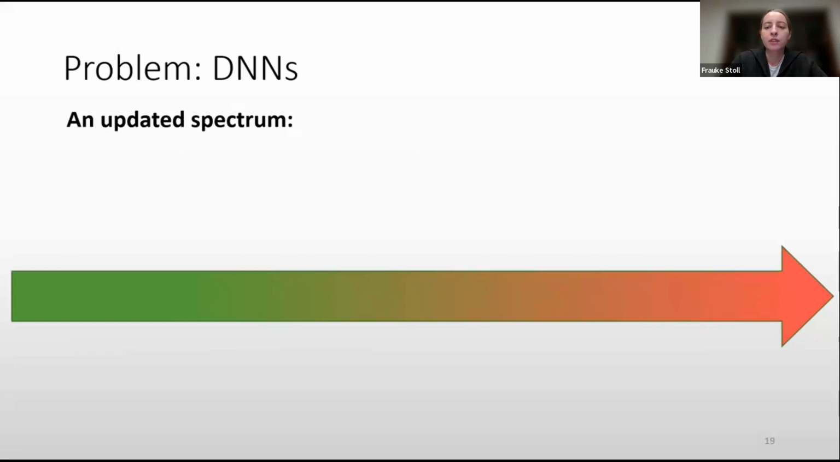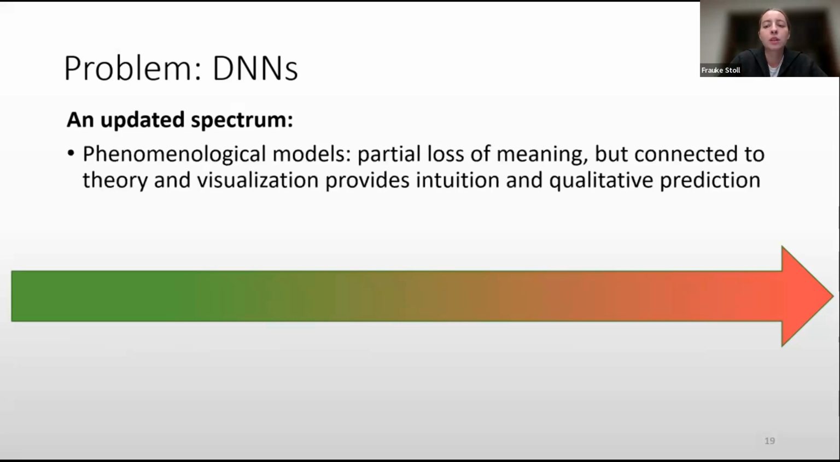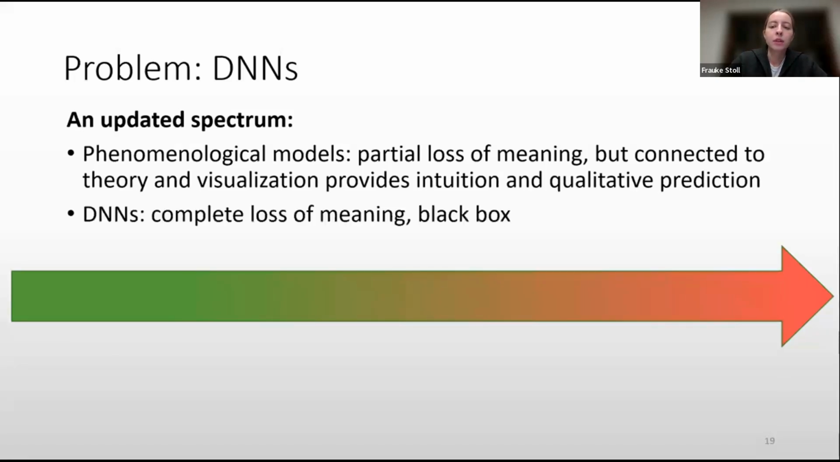So this lack of understanding prompts an updated spectrum of understanding with models. As I said, there's this gradual loss of meaning from ordinary models to phenomenological models, but the latter are still based on some theoretical elements and they provide us with qualitative predictions. So in a way, they still offer some kind of understanding and we at least grasp what the model is trying to represent. Now, with deep neural networks, there's this total lack of grasping of what is being modeled,